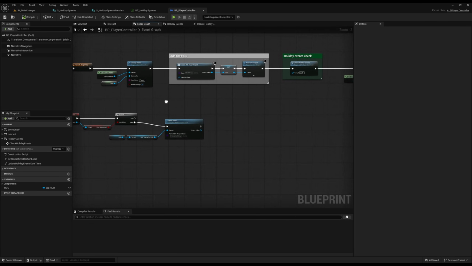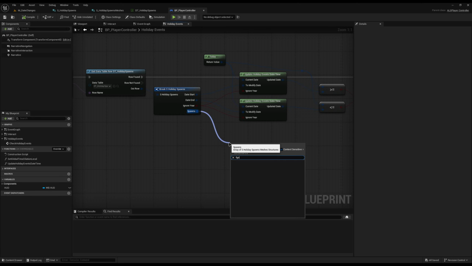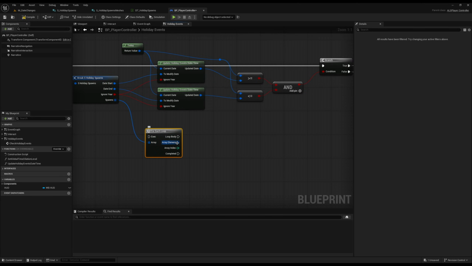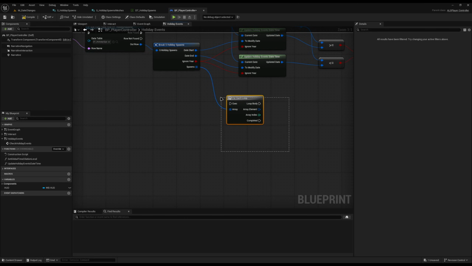So it would be very easy just to go to our holiday checker here, drag off of the spawns, do a for each, and then simply come across and async load everything we need. We can't do that because async loading doesn't work very well in for loops. It advises you all over the internet to not do it in Unreal, which is okay because there's other ways we can do it. So you might think a for each loop is the only way to do it, but